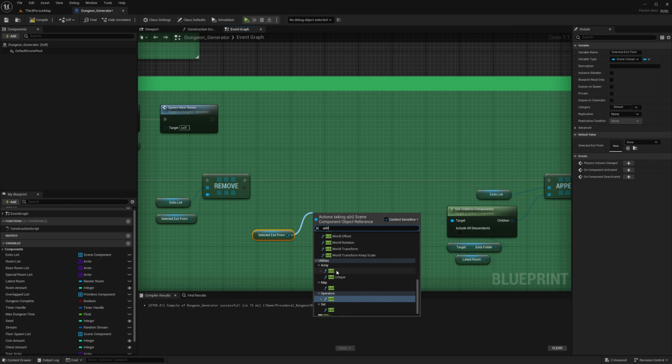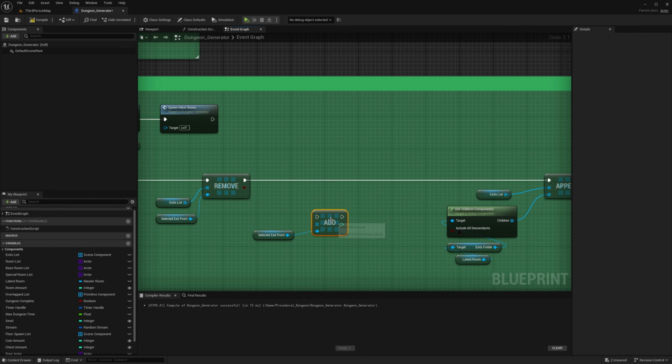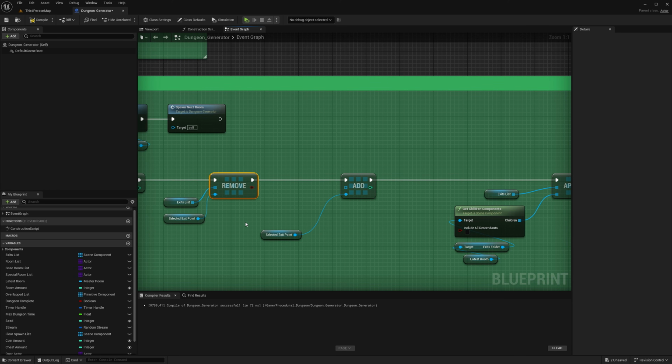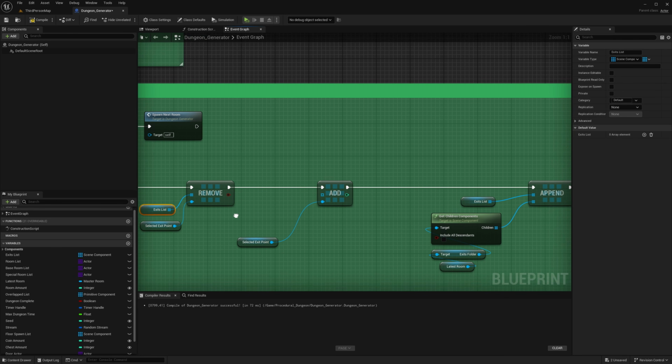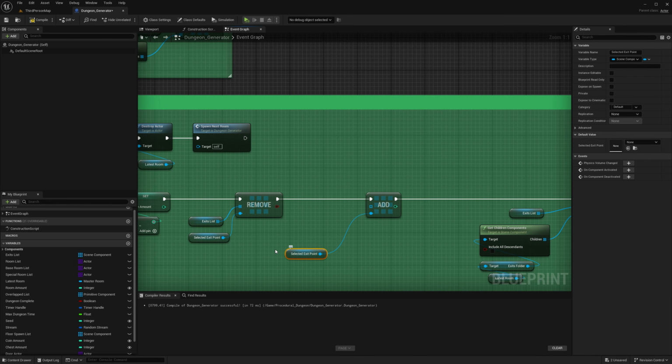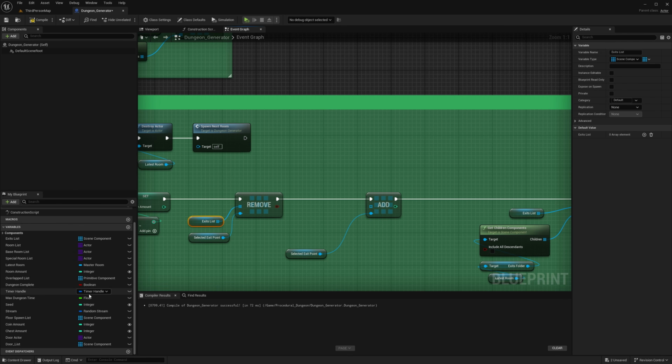Go down to array, select add, plug that in here. So now we're adding the selected exit point, and because the selected exit point is getting removed over here, doesn't mean that the exit point doesn't exist. We're just removing it from this list. This exit point can exist in many lists. It still exists in the world. We're just removing it from this list.